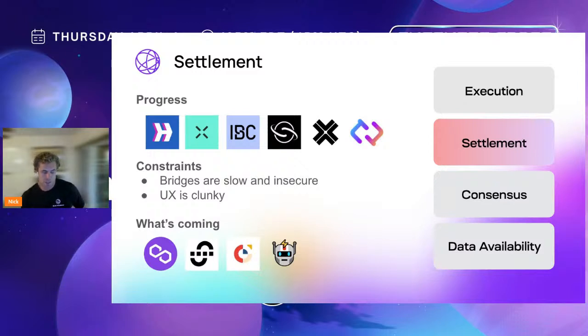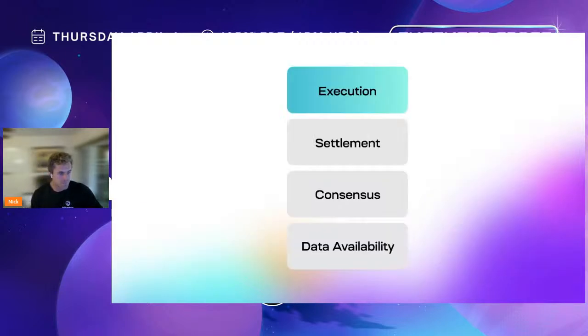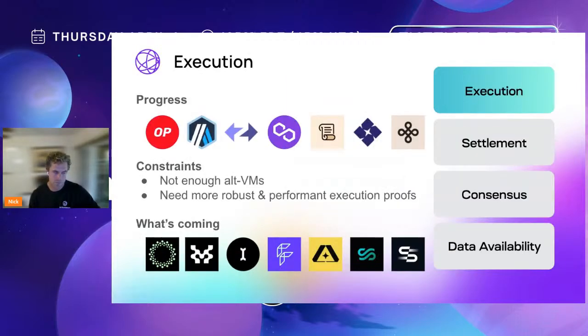Also, something that's really exciting is the Polygon aggregation layer. Last is execution. I'm running out of time, so I've got to go through this quickly. Execution is where all the smart contracts live. It's where developers build. There's a huge amount of progress on the EVM side of supporting EVM execution layers and rollups. There hasn't been enough dedicated to alt VMs, or at least we don't have enough of them live.